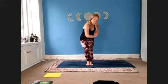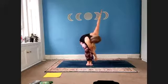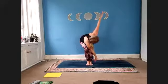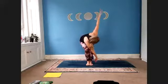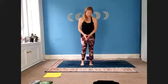Last one. So really moving around that belt channel, really working with the abs, breathing out, breathing in. Hands together. Inhale, back to center. Exhale, come to standing, separate the feet,